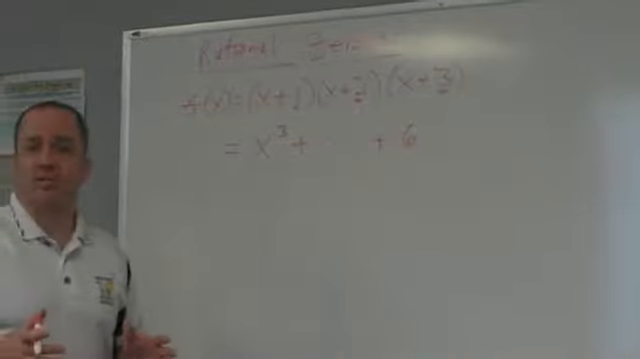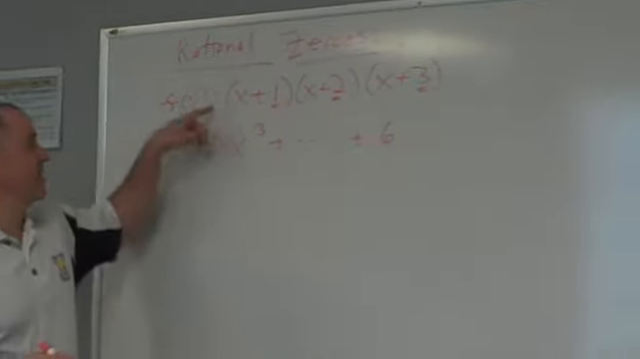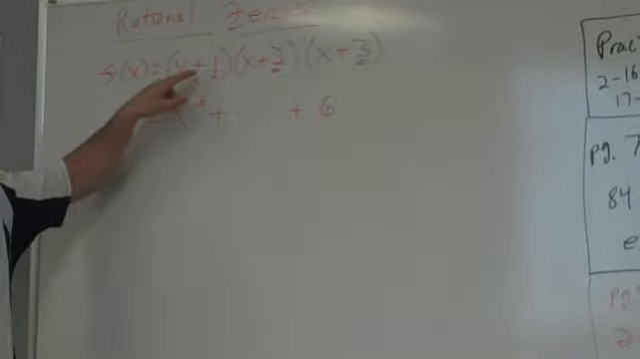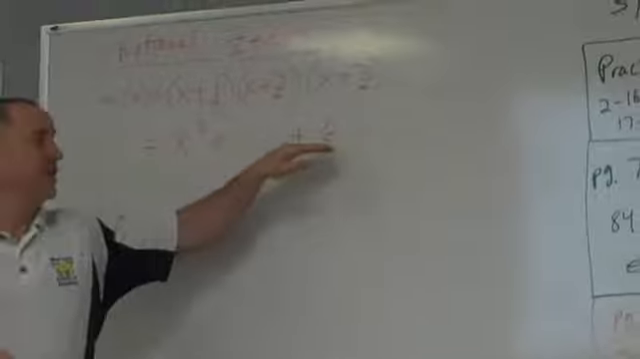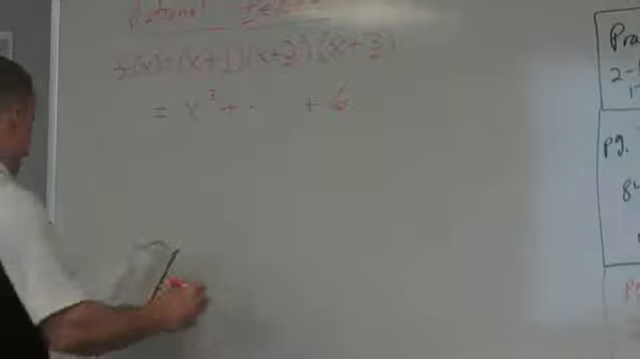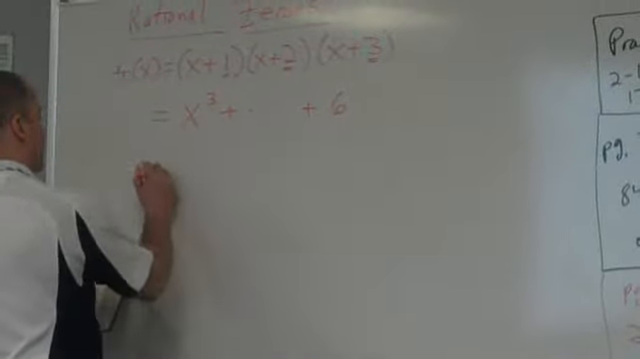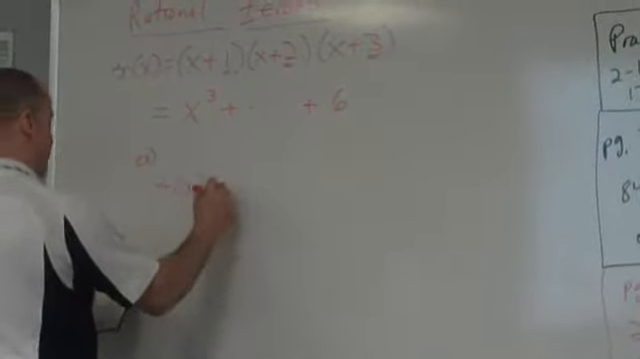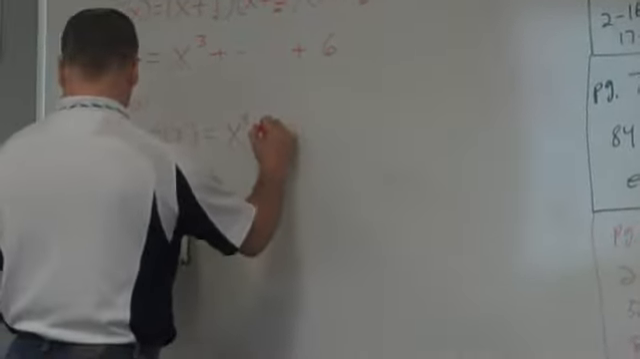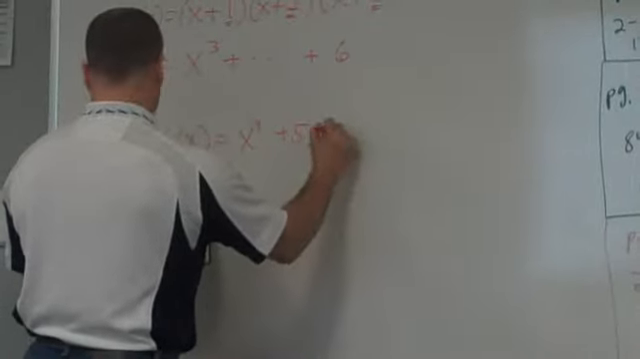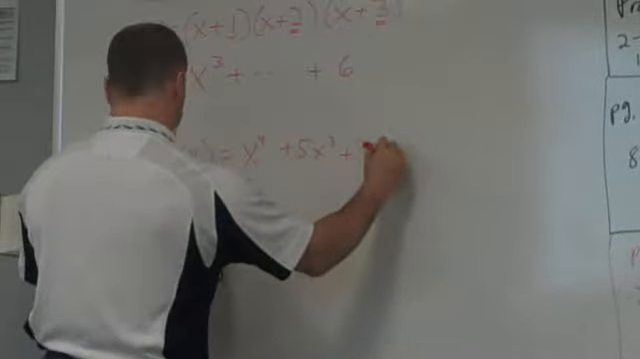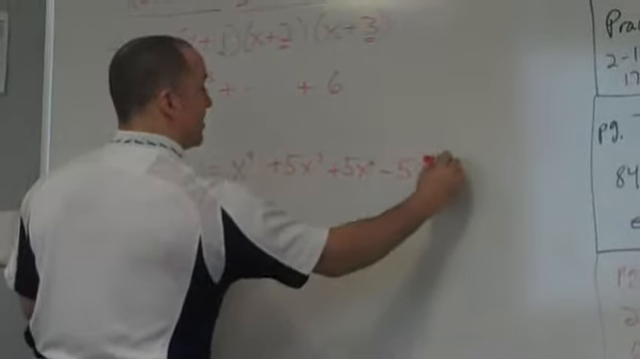Any polynomial works that way as long as the leading coefficient is 1. If it begins with 1, in other words, if all you have is 1x times 1x times 1x, you'll end with a 6. Here's how that's useful in going backwards. I'm going to borrow one of these from the book, and we're going to start with an example of f of x equals x to the 4th plus 5x cubed plus 5x squared minus 5x